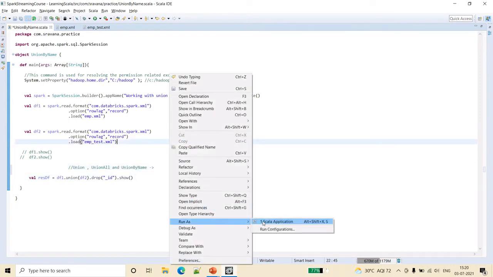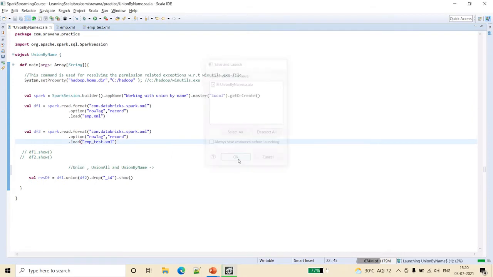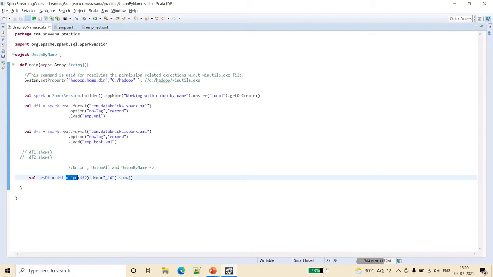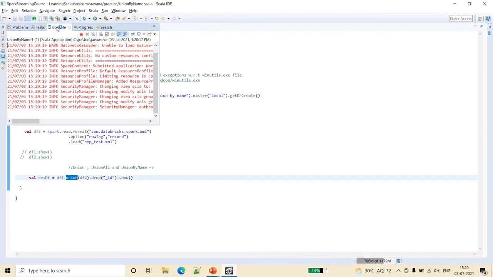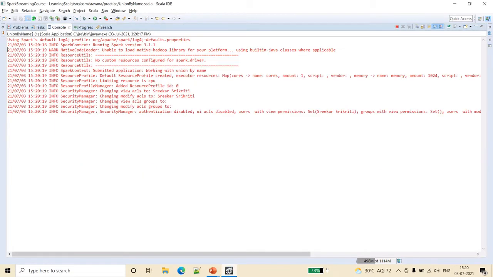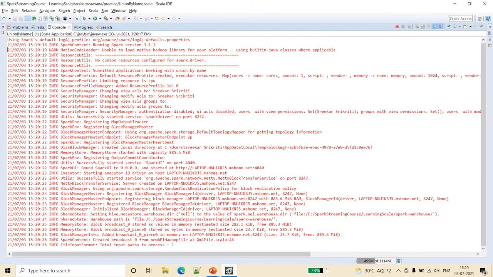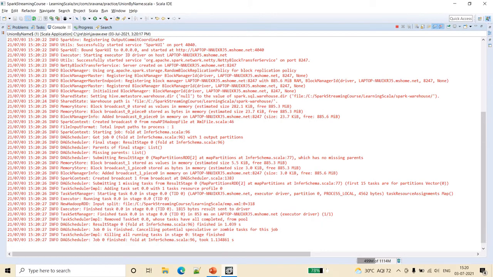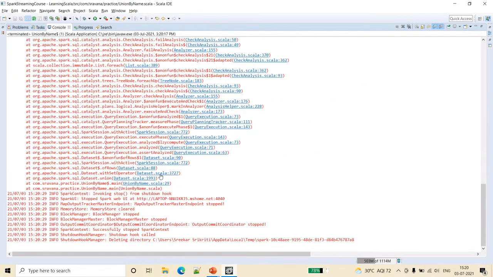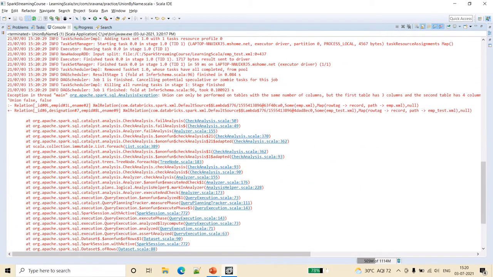The exception that we are going to see will tell that when you are doing union, the number of columns should match. If the first data frame has two columns, the second data frame also should have two columns. See friends, here you have received the analysis exception, which means union can only be performed on tables with the same number of columns.